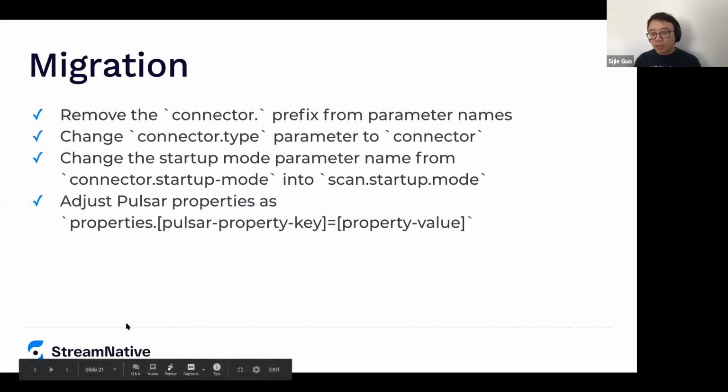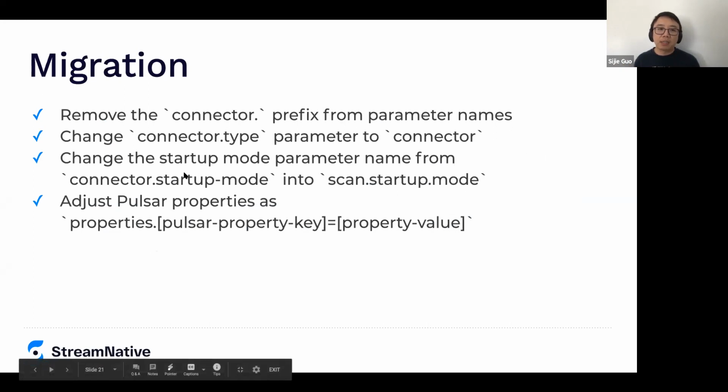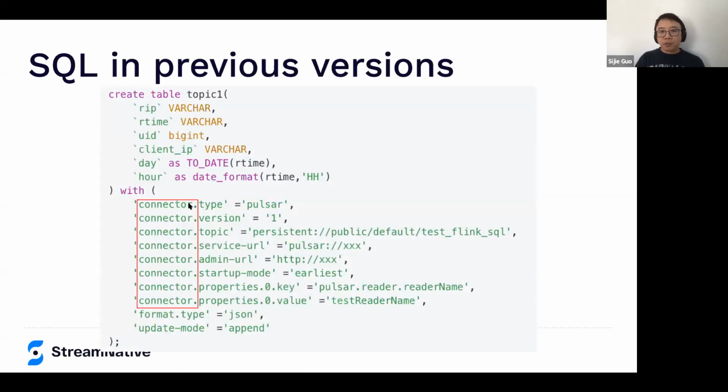Since it's a huge change, there's a lot of change happening on the Flink side as well as on the Flink connector side. So definitely there's some code you need to change when you migrate from an old connector to a newer connector. A lot of changes are related to connector settings. We remove the connector prefixes and adjust a bit the Pulsar properties. Just want to show you an example. In the previous version, when you write a Flink SQL, you need to create a table and you need to specify a lot of parameters, and a lot of them start with connector.type, connector.version, connector.topic, which takes a lot of time from the user. And so in the